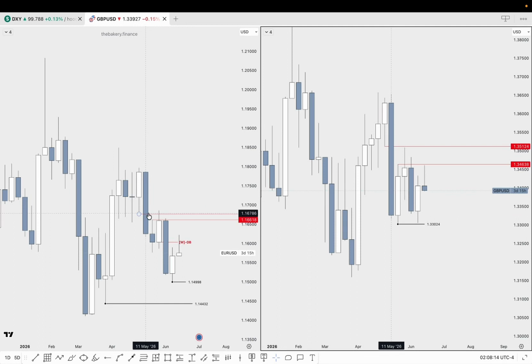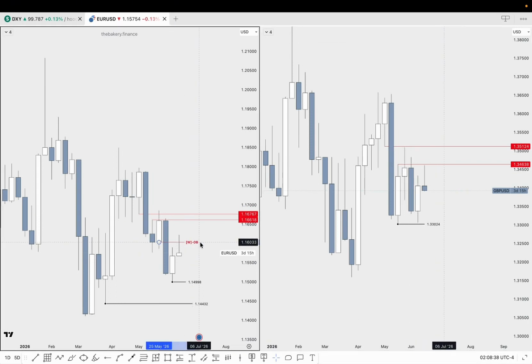So on EU, I already have my chart outlined. The week before last, I wanted to see price trade heavily from this imbalance, and we had just that. Last week we had a minor retracement back into the range, and I believe we traded back into the premium, and we're looking for lower prices from there. And we have this weekly order block, which we can use as an area of resistance to see lower prices from the area, where the targets are the 1.14998 level for EU, the first target,